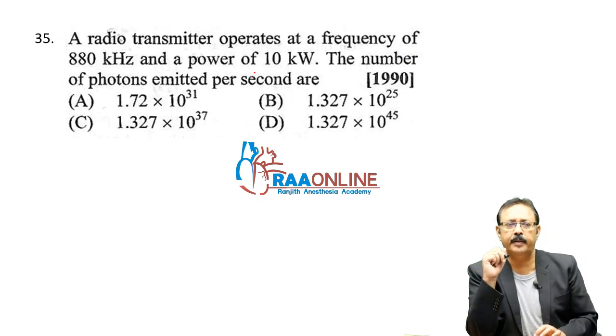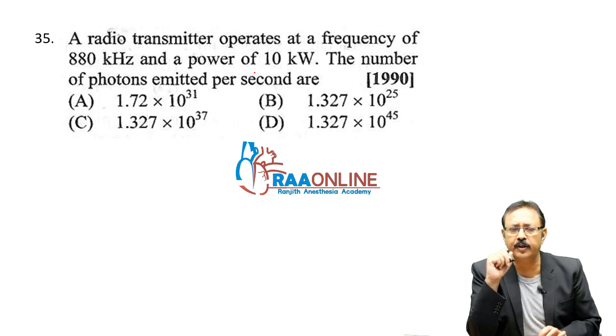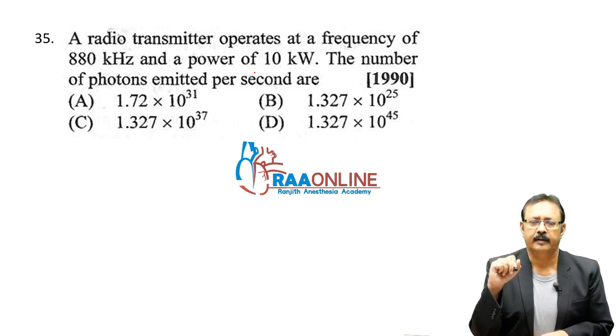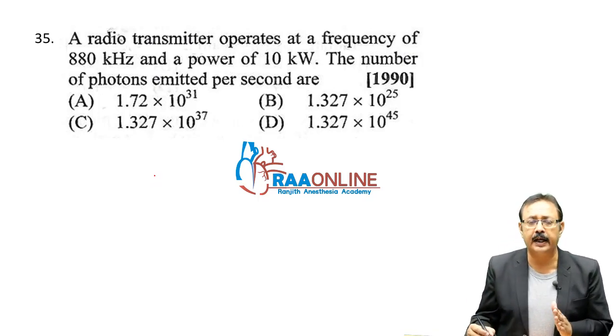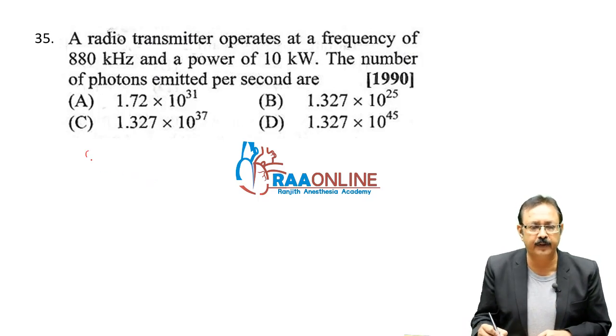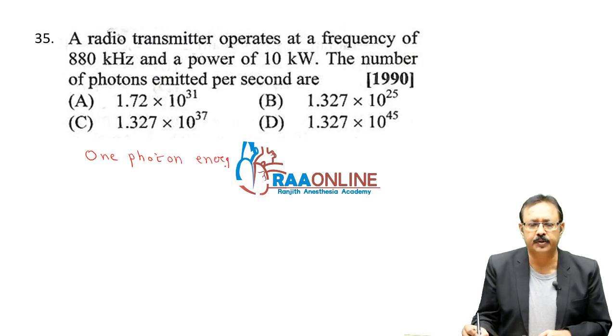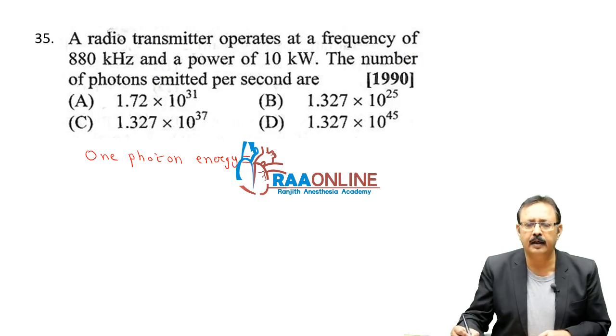1990 AIPMT. A radio transmitter operates at a frequency of 880 kilohertz and a power of 10 kilowatt. The number of photons emitted per second are. What is the energy of one photon? First we will calculate that. One photon energy is equal to, energy means h nu,